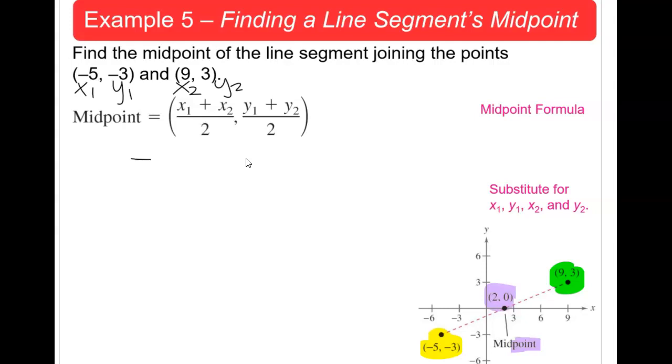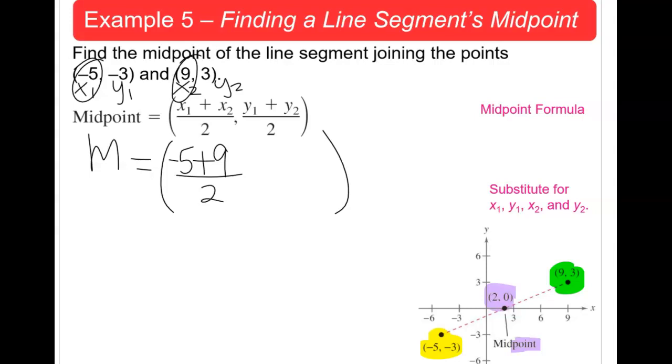So if we substitute, that's the first thing for the midpoint, and we're going to have x sub 1 is -5 plus, now we're adding because we're taking an average, not the difference. We're taking the average, so we're adding, and then we will divide by 2, plus x sub 2, that's a 9, divided by 2. So I just substituted here the -5 and the +9,